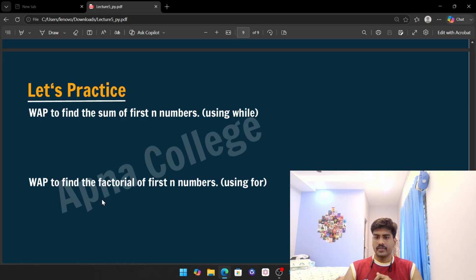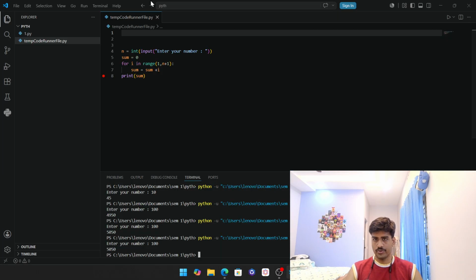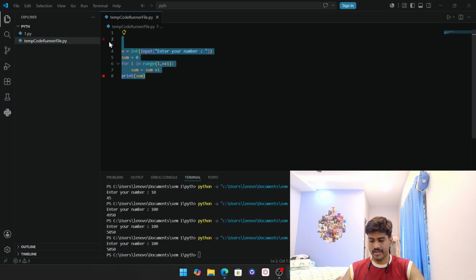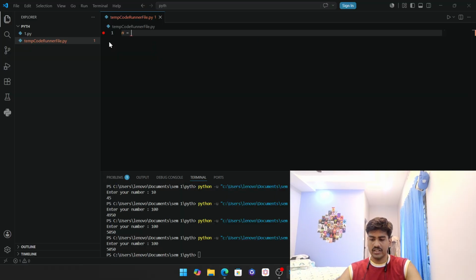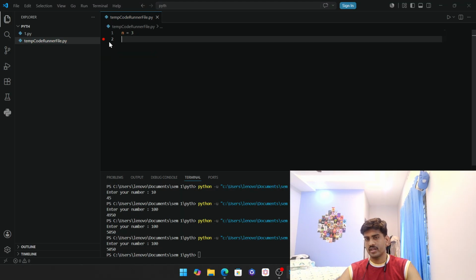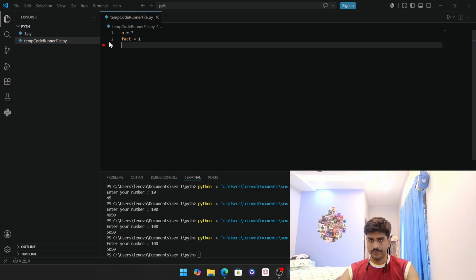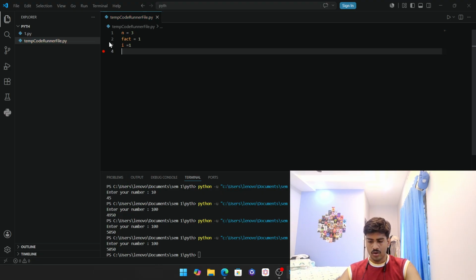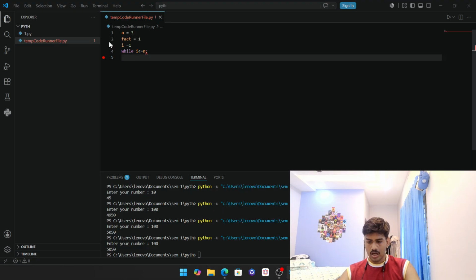The next question, find the factorial of first n numbers. We have to find the factorial of the first n number. Easy question. Let us do this one. Let us assign the value as n. I want the factorial of 3. Let us assign the factorial as factorial equal to 1. i is equal to 1. While i is less than or equal to n, I want to print,